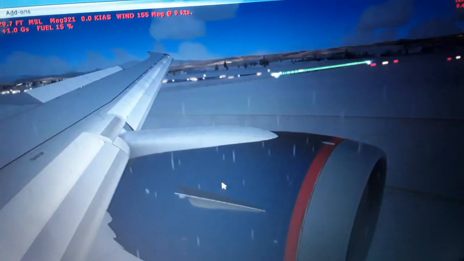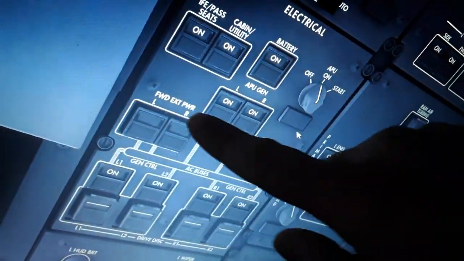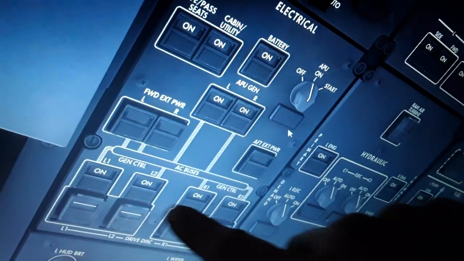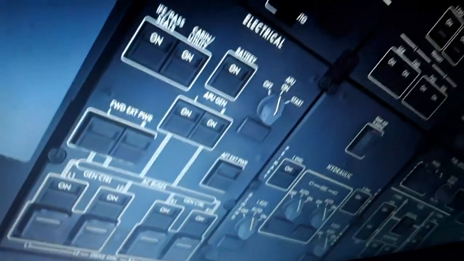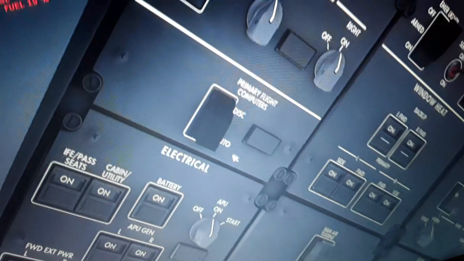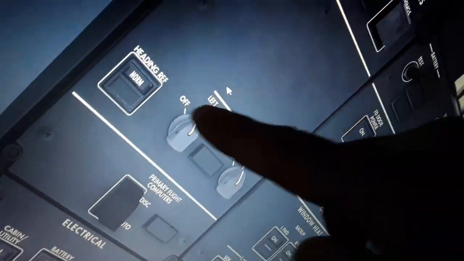So I'm gonna set a few more things now. I'm gonna start the engines. I'm gonna make the engine start demonstration also in the last thing before takeoff. So we need to set here the APU on for making an engine start demonstration. You can see the left and the right IDG, the generator, the battery, 120 to 100 volts, 400 hertz, left and right engine driven, primary flight control computers at the auto position, air data, heading reference, flight control surfaces,